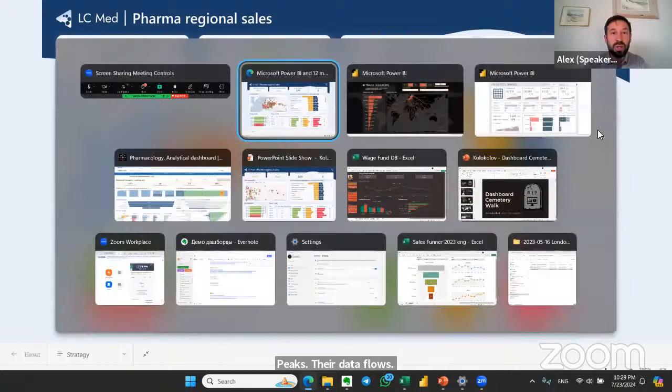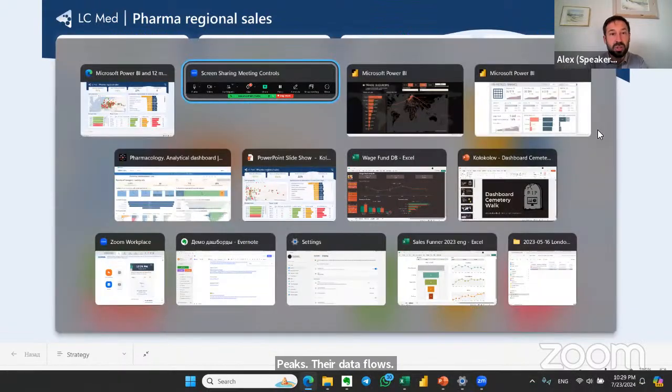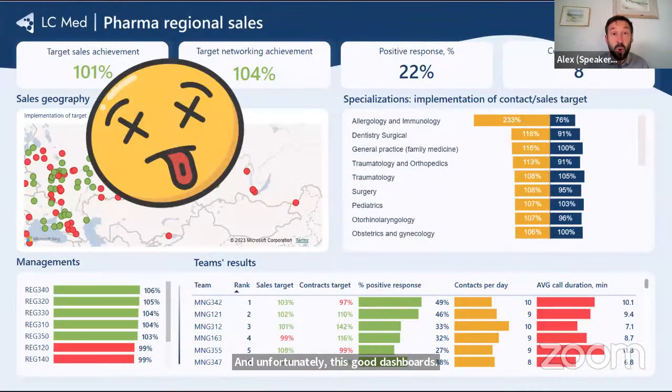And unfortunately, this good dashboard has died in the bloody corporate world, because this company laid off the team that developed it. Such a sad story.